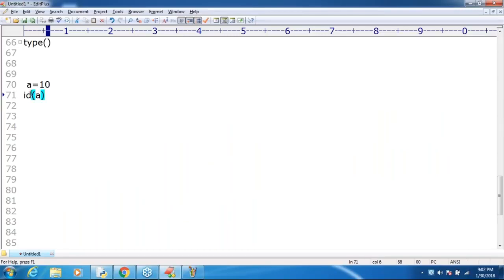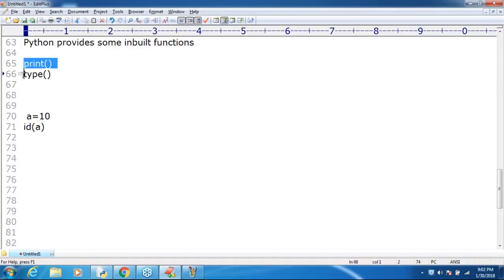What is the function name? id means the address of the object. So the print function is there, the type function is there, and the id function is also available. id finds the address of an object, type finds the type of the object, and print prints the value of the object. These are the three generally used functions we are going to use. Remember that.